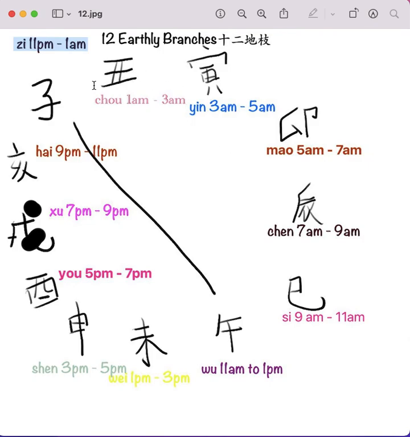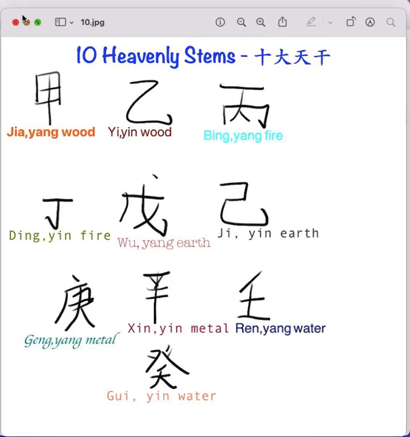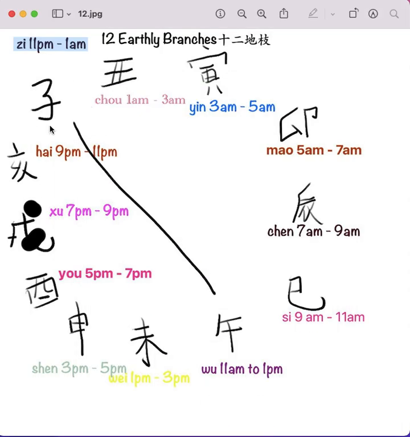But at the same time, the earthly branches, the 十二地枝, have animals associated with them, and hours, and a direction, and even a season, and an element and polarity. So it's something similar to what we saw earlier. Just like this one, 甲 is young wood. 癸, for example, I haven't written down, but 癸 is also young water. All right, so no need to memorize any of this. Just look it over, become familiar with them, because you will need to refer to them quite often as we continue on with our study of Taoist